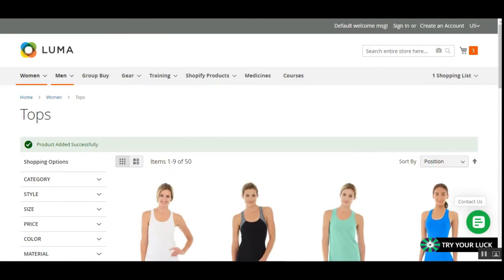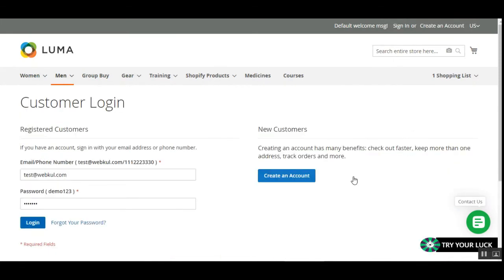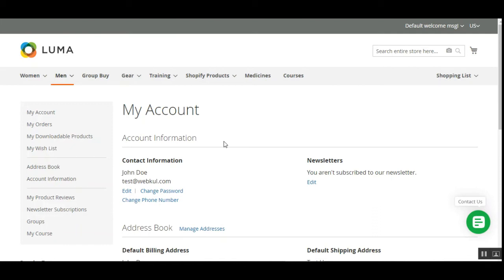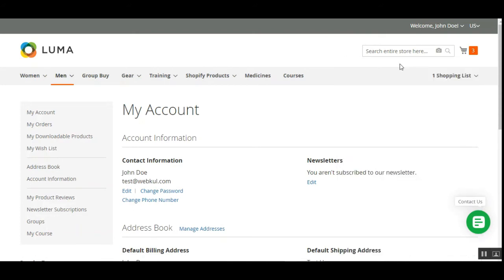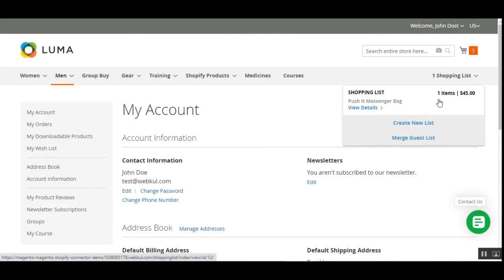So after I've logged in to my account panel, okay, now I have logged into my account, as you can see here, and here I can see that I have 3 products in the cart. These 3 products were added by the guest himself, and after the guest made an account at your store, he would be able to see these 3 products that as a guest he added. Now here you see that we have one shopping list with one item here. That's the push messenger bag, and below that we have the option to create a new list or to merge the guest list. So I'll show you how we can create a new list and how we can merge the guest list. So to merge the guest list, just tap here,